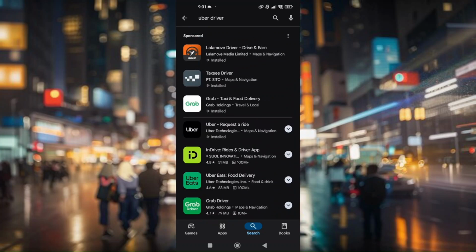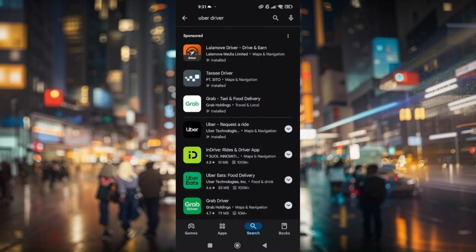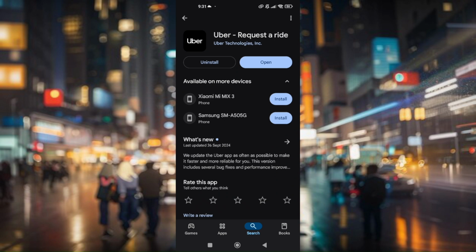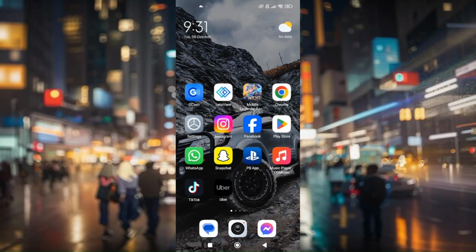Right now, in our country, we do not operate Uber yet, but I think they're currently working on it right now. But once you do, all you have to do is to download the app and make sure that you're updated to the latest version. Next thing to do is pull up the application,